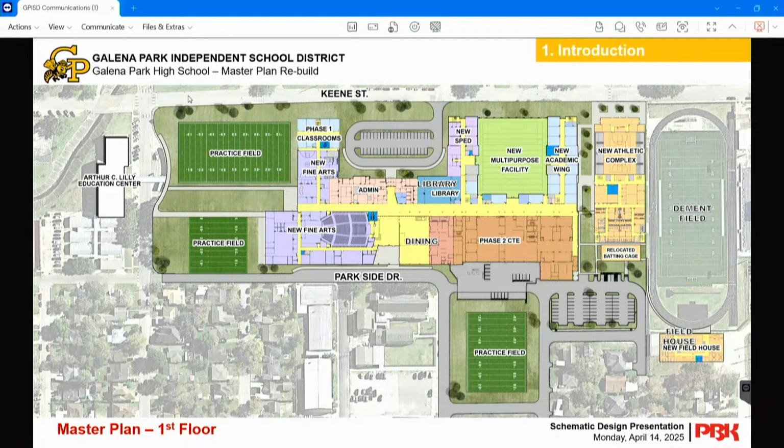And then our new fine arts goes off to the left there on the plan, and you can see we have those practice fields that will hopefully serve the band team with that easy access, as well as to the south on Parkside Drive, we'll have a pull-in so that they can unload and go off to their competitions easily. And then going back to the right, we have the library, as well as that academic wing